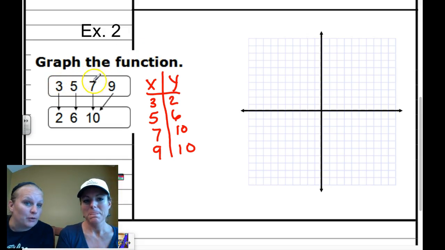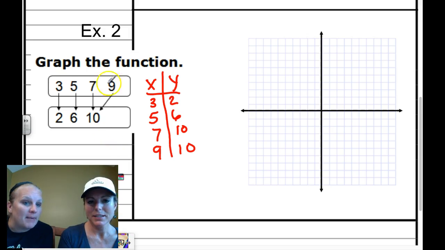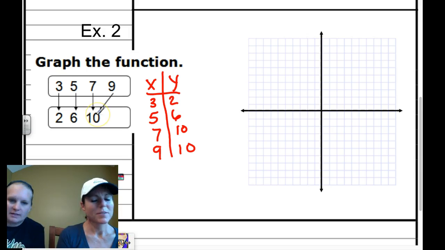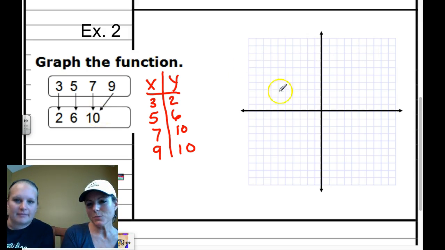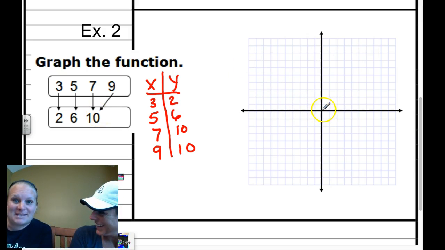Because we have exactly only one x value. Correct. It doesn't matter if our y values are the same. Correct. Just like my mailbox. We have a piece of mail going to, 2 pieces of mail going to the same mailbox. That's okay. And Miss Boyd's going to really like this one because she doesn't have to draw a line because